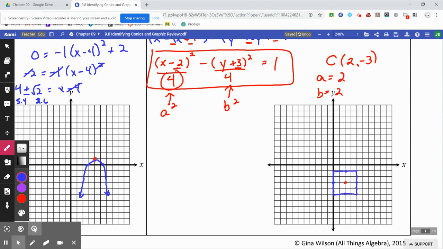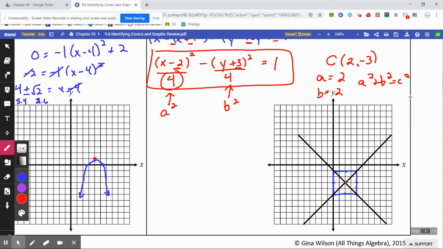And again, with a hyperbola, that's going to create a box. And the way that we're going to use that box is we're going to connect the corners, and those corners will give us some asymptote lines that we can actually use to graph this hyperbola. And there are those asymptote lines that connect the corners. Now, given A and B, if you wanted to find C, you could use A squared plus B squared is equal to C squared and plug all that in, and that would give you the distance to your